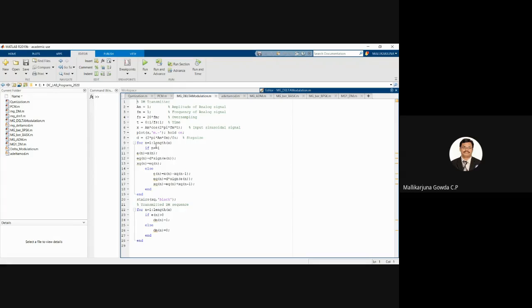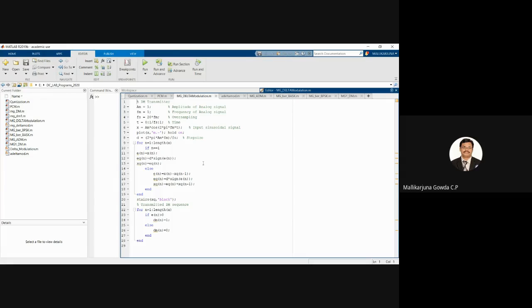Then see here, I am putting a for loop and I am taking only 2 cases. When n is equal to 1, what happens? When n is not equal to 1, what happens? So when n is equal to 1,